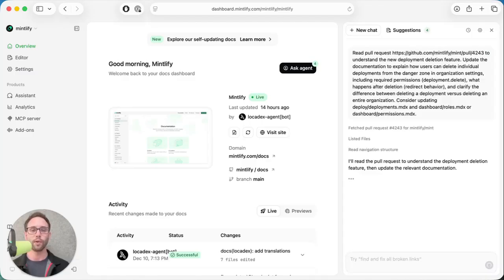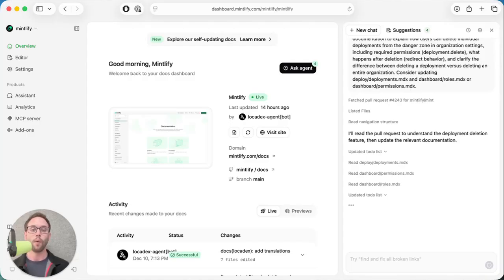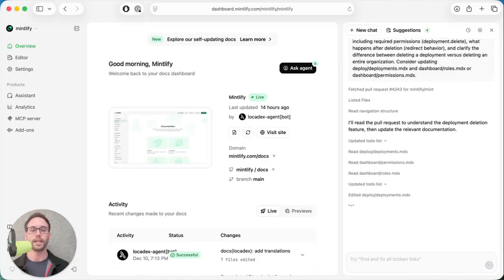Some ways that you can incorporate the agent suggestions into your workflows are, if you're shipping quickly, you have a lot of releases, it's another set of eyes to make sure that nothing gets missed and that your documentation stays up to date. Or if you have people on your team who are shipping features and they want to contribute to the docs, but they're not as comfortable with technical writing, they can use the suggestion to create a draft and then either edit it or hand it off to someone else on your team who can get it ready